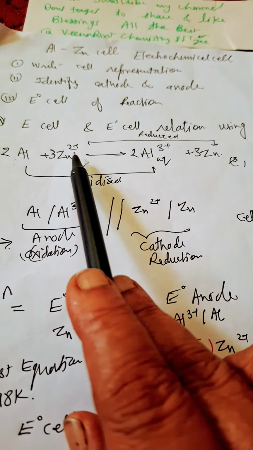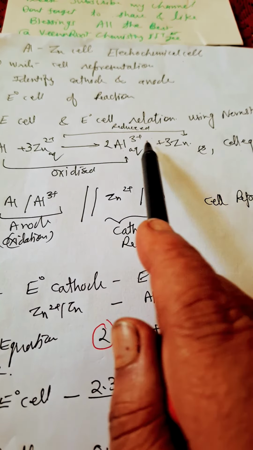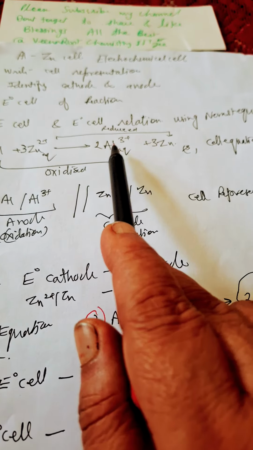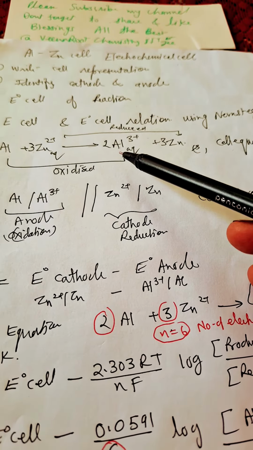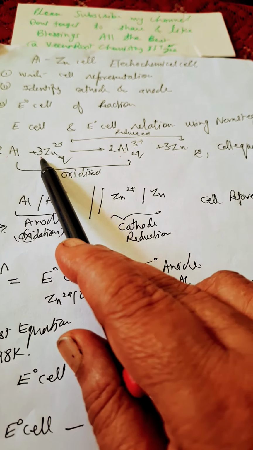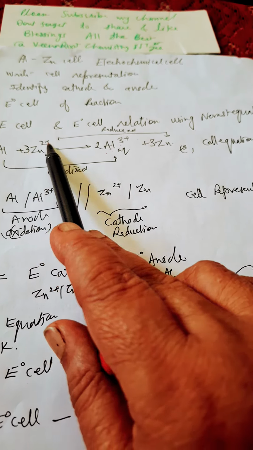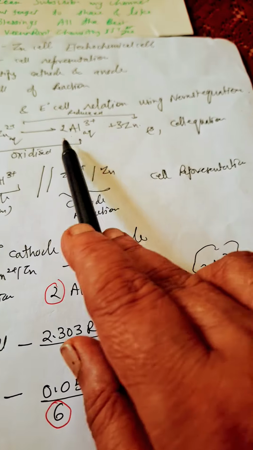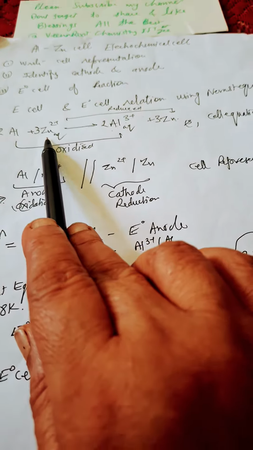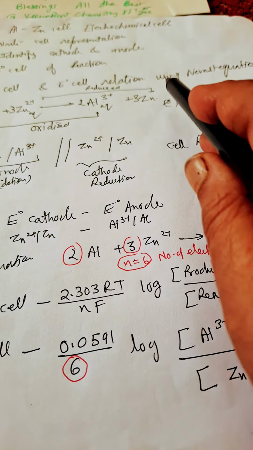Now, give and take of electrons. See, aluminum is discharging 3 electrons and zinc is taking 2 electrons. So there will be an imbalance. That is why 6 electrons it will give to zinc, so 3 times Zn2+ will be 6. Okay, so now the total electron transfer will be 6, and this is the balanced equation: twice Al plus thrice Zn2+ gives twice Al3+ plus thrice Zn.